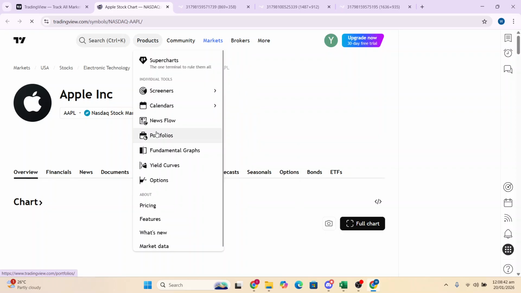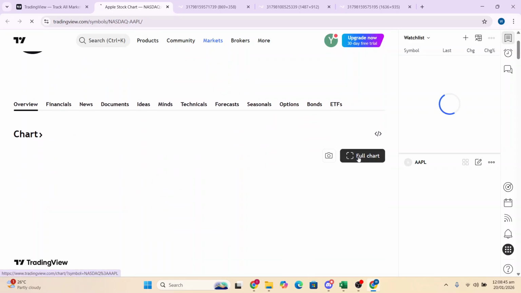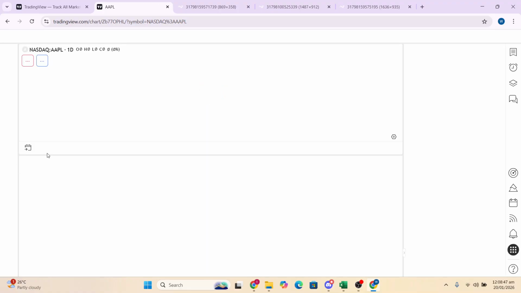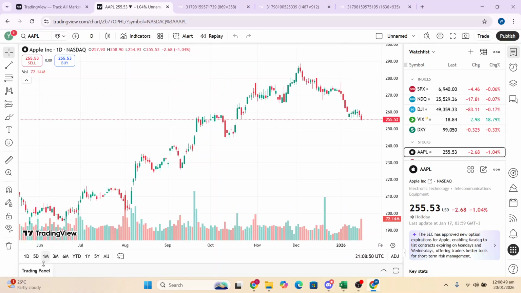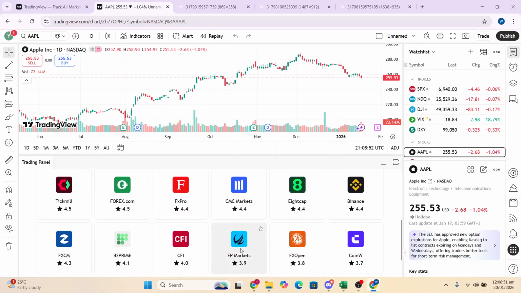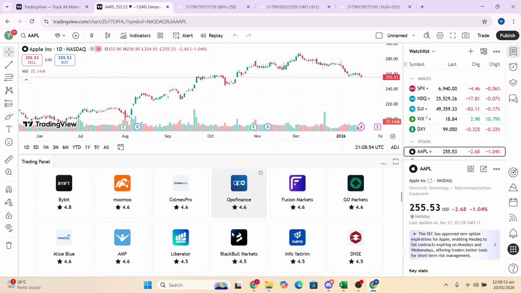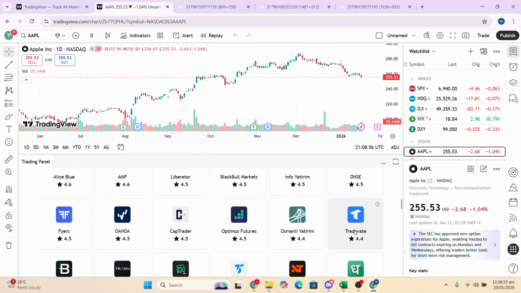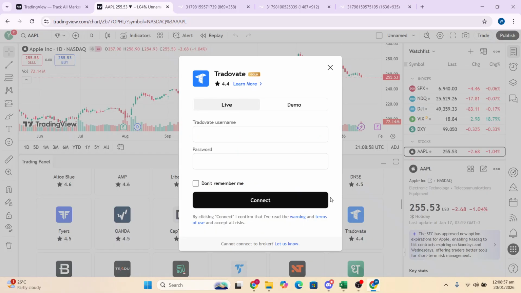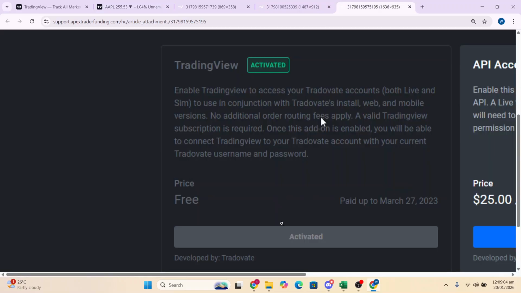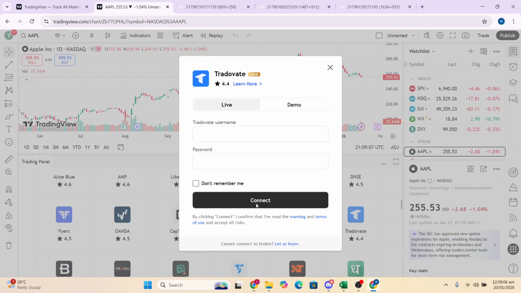And now this opens up. Click here on full chart, and I want you to go ahead and click here on the trading panel to open that up. Just scroll down here, click on show all brokers, and what I need you to do is click on Tradovate. So you log in with your Topstep X username and password right here under Tradovate. Once this has been enabled here, just go ahead and log in, click on connect, and that is how to connect Topstep X to